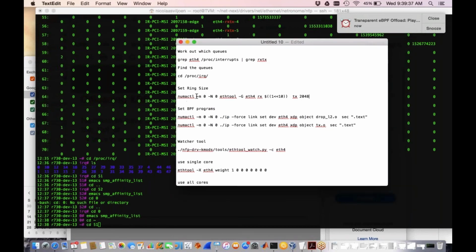So we want our NUMA kettle, which is important, and then it's eth2-g, and we can use that. Then we set the interface, and we set the numbers for Rx and TX. We could also just easily set TX to 2048 as well. So now we've set our ring sizes, we've found the queues, we've set the queues, we've pinned the cores to the queues,